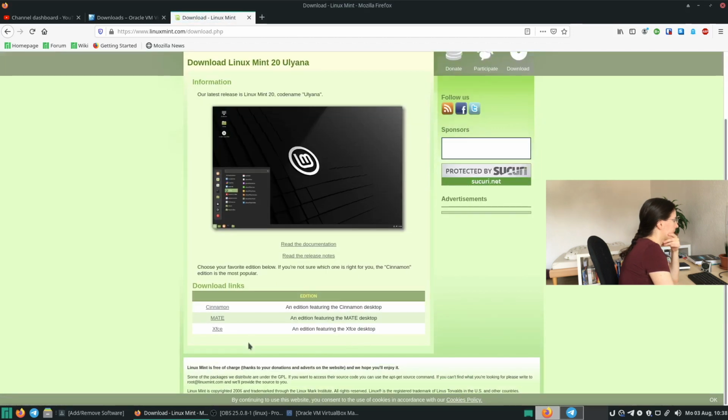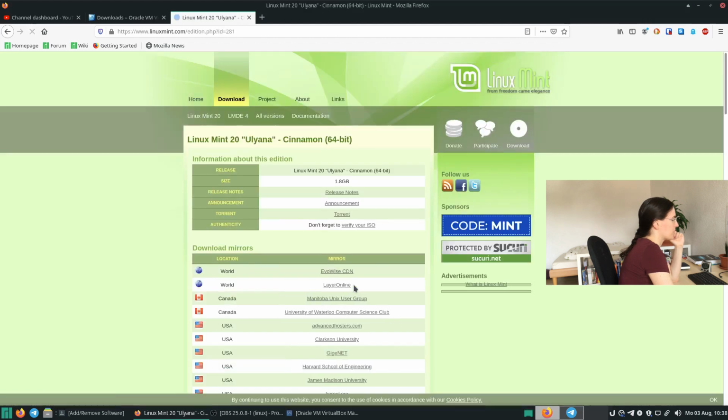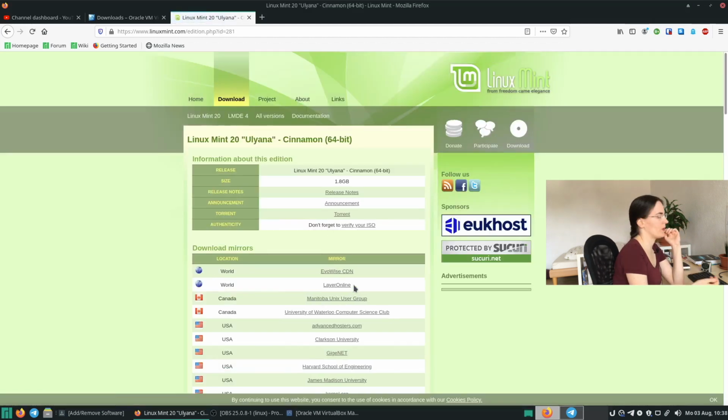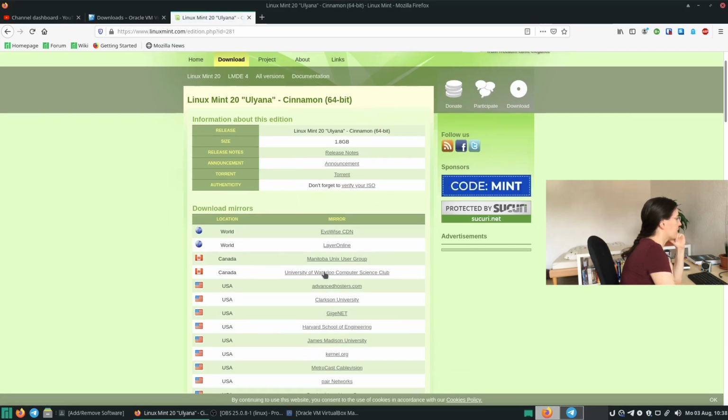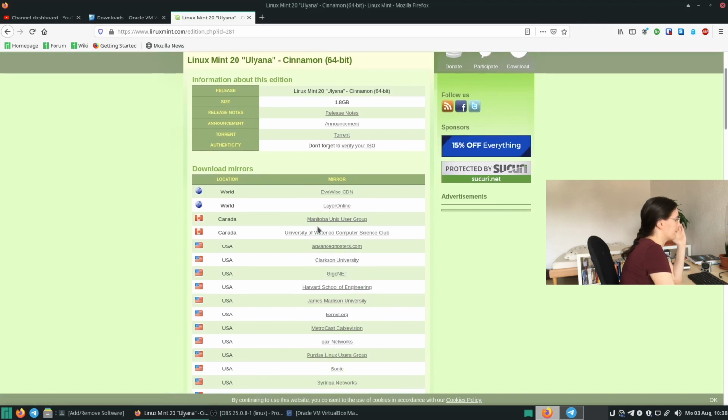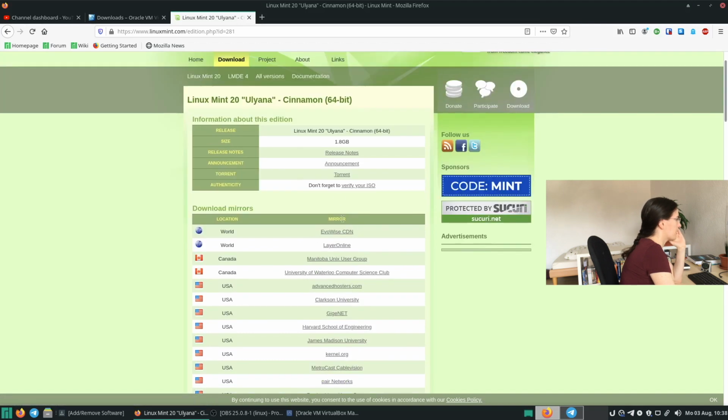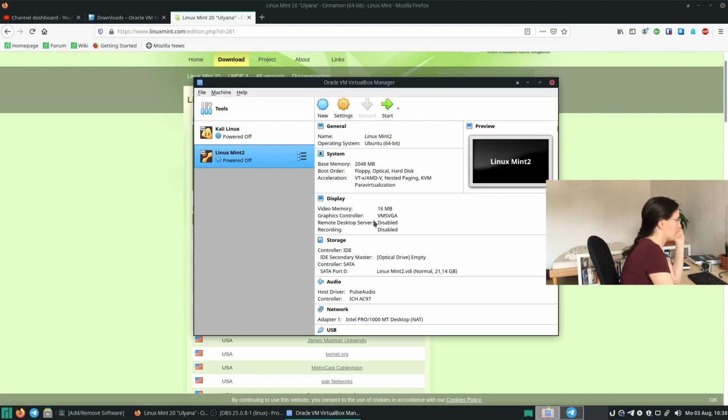And now we have different desktop environments for Linux Mint. And the one I started with and which I'm going to show you now is Cinnamon. But of course you can pick whichever you like. And then we have different servers where we can download the ISO file from. So yeah, just pick whichever server you like and download your ISO. I already downloaded it, so I'm jumping back to my VirtualBox now.